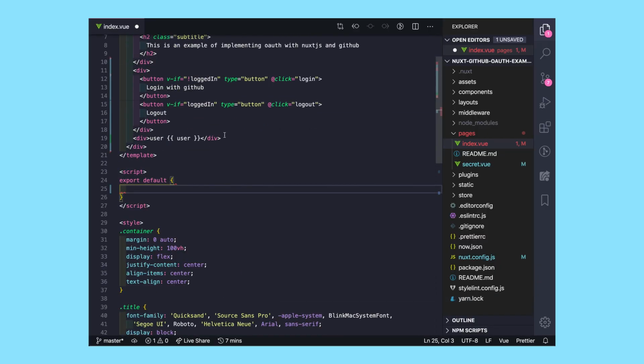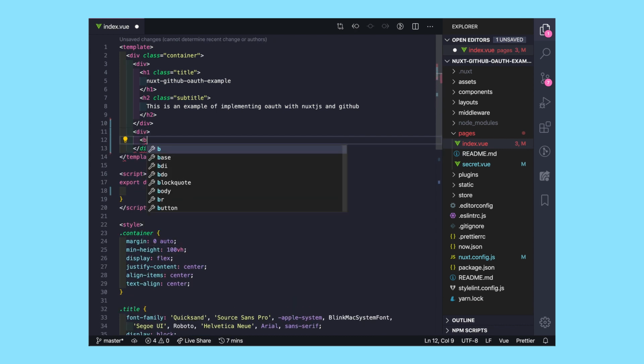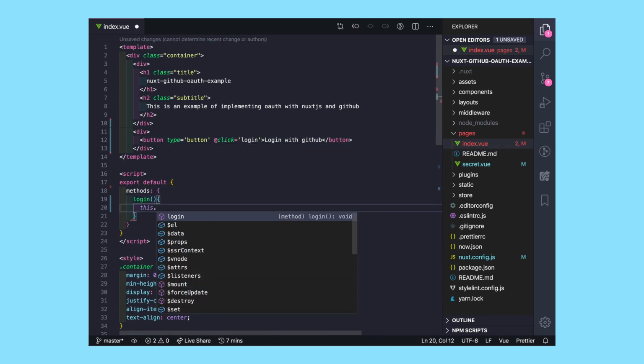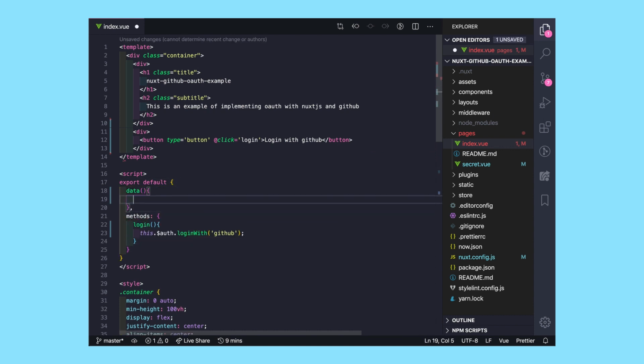So using the auth module, you can also get user information and then display their avatar or name or whatever. After seeing this pattern, I realized that by application logic, they meant that I had to implement a login button somewhere. So I went ahead and did that. I made a login button, and on the click of the login button, I said this $auth.login with GitHub. And then I went ahead and pulled user information. I was able to print out the username and I was able to see the avatar.